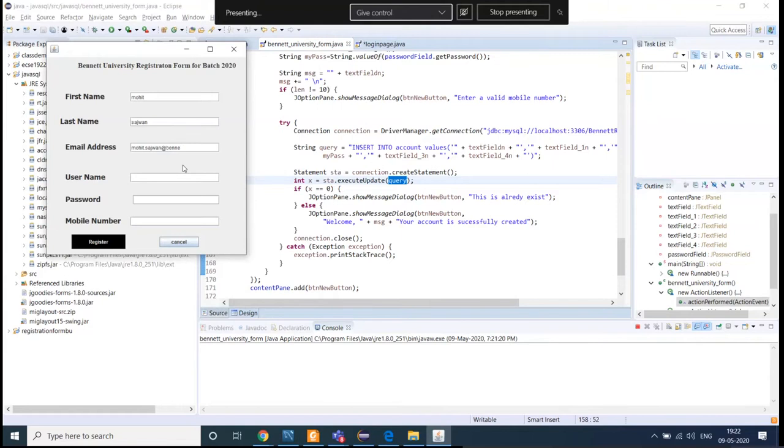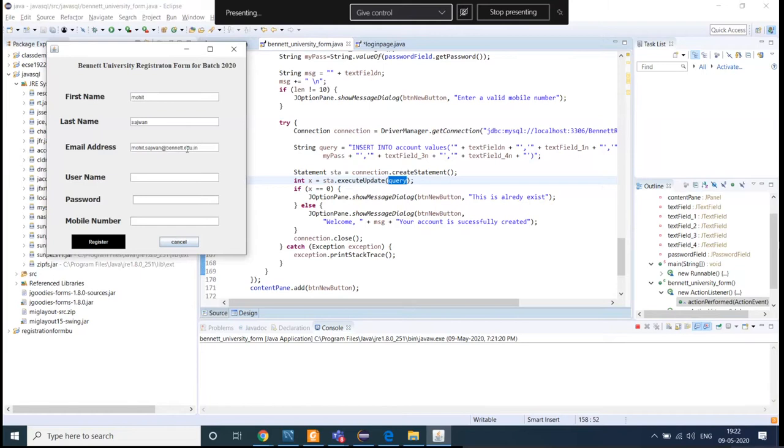Just figure out whether that string you are getting from your text field contains any character. If it is containing the character, then continue. Otherwise, no need to perform this registration operation; you cannot perform this registration operation. So it's up to you, whatever question you are going to get in your exam. Suppose over there I haven't added that functionality.